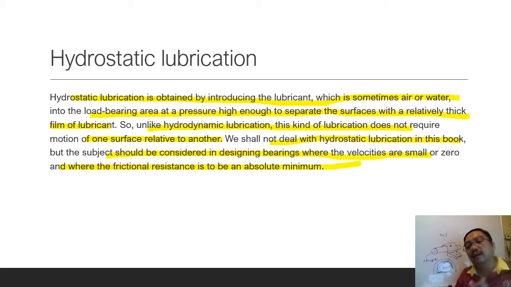This book does not tell a lot about hydrostatic lubrication. It does not cover hydrostatic lubrication, but from this slide, I try to help you understand. If you have heard about minimum quantity lubrication during machining,